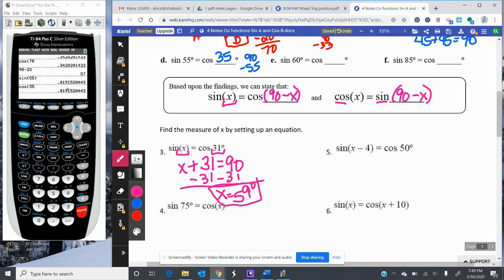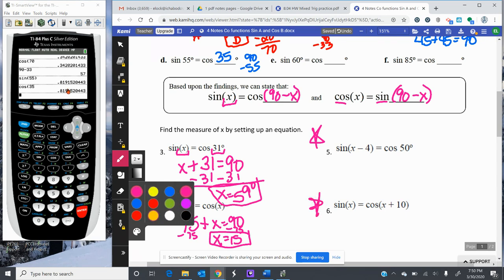Exercise 4 is very similar. 75 plus x will equal 90. Subtract 75 over, x will equal 15. So those examples are very similar to that last section. But numbers 5 and 6 change a little bit, and we're going to have some extra practice with these on the next page. But looking at number 5, again, sine from one angle, let's say A, equals cosine from the